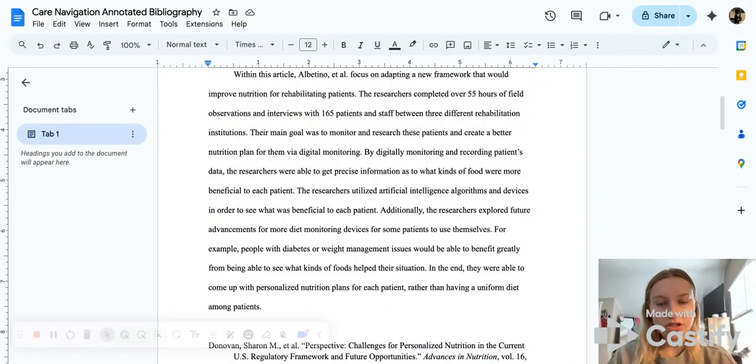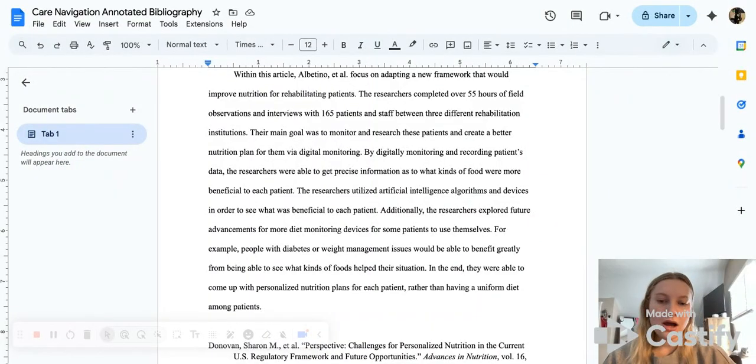And basically, they wanted to monitor and research these patients in order to see if creating a personalized nutrition plan for each of them would help their healing process and get them to a better well-being. And so what they did is they utilized artificial intelligence algorithms on tracking devices, and it could track their nutrition levels, it could track different data levels, stuff like that. I'll get into more specific examples later on, but they also tried to explore future advancements for these diet monitoring devices, because they found that these are very beneficial to the patients. They're able to see what foods do work for them, what doesn't, what's going to improve their overall well-being and